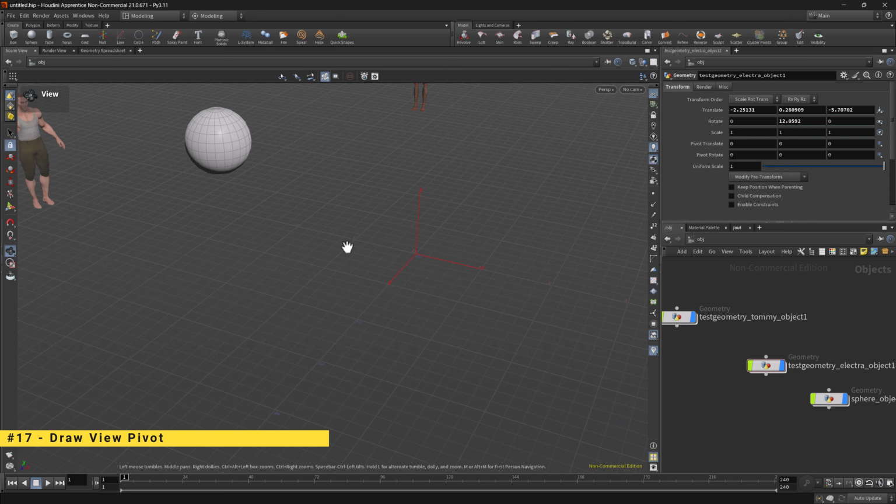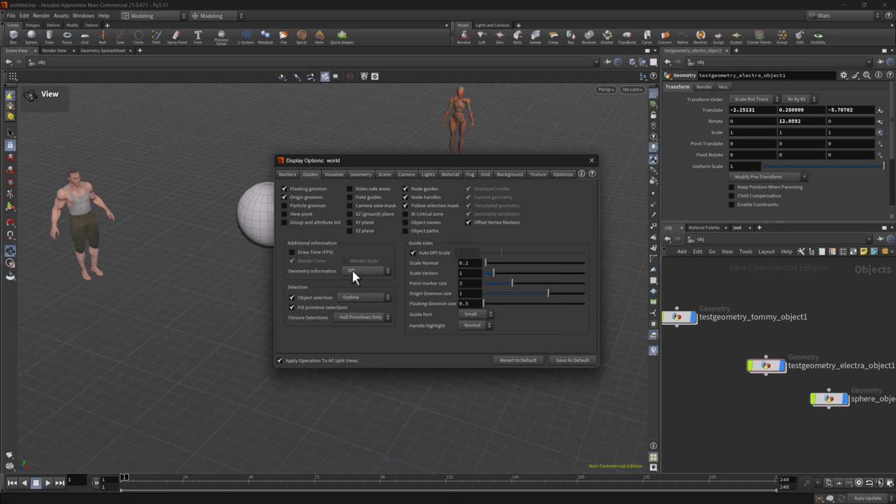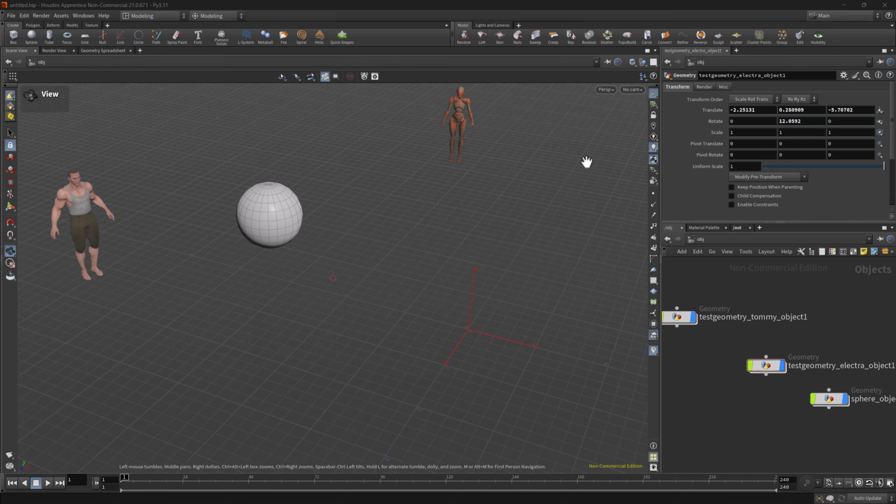You can draw a pivot which is going to indicate the location about which the view rotates when tumbling. So again, we can go into the display options in the guides tab and enable this view pivot. Now in the 3D scene view, that view pivot is indicated by the small red circle in the view tool,